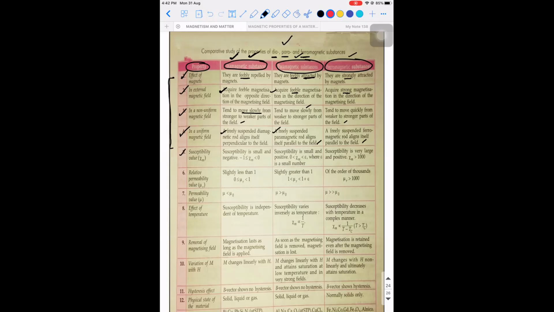No. It is not supporting the magnetism. So it has negative susceptibility, but it is not a very high value because everything is happening in a feeble way. Right? So here the susceptibility is small and is negative. Its value will be between -1 and 0. So what kind of questions can be asked is, the magnetic susceptibility of a material is -0.5. Name the type of material. So it is going to be a diamagnetic material.